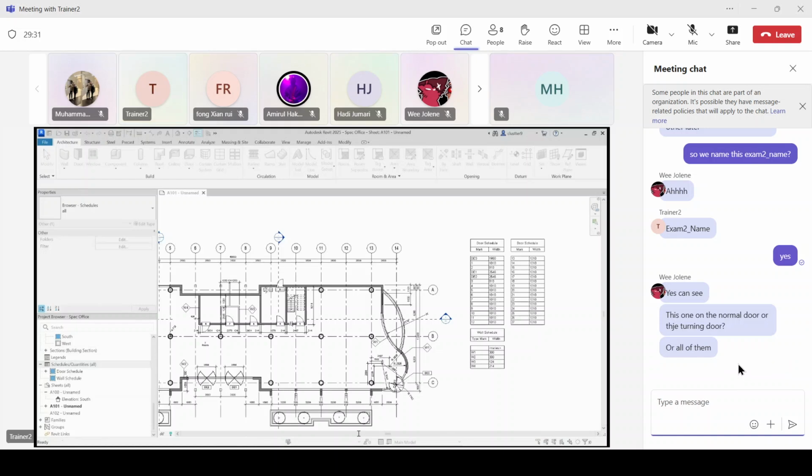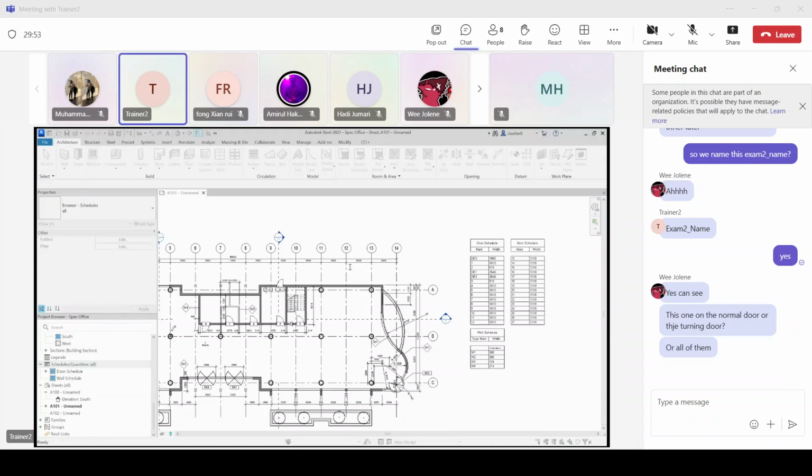All right. Are we all good? Is everyone on the same view? After that, you look for the door schedule or the doors.